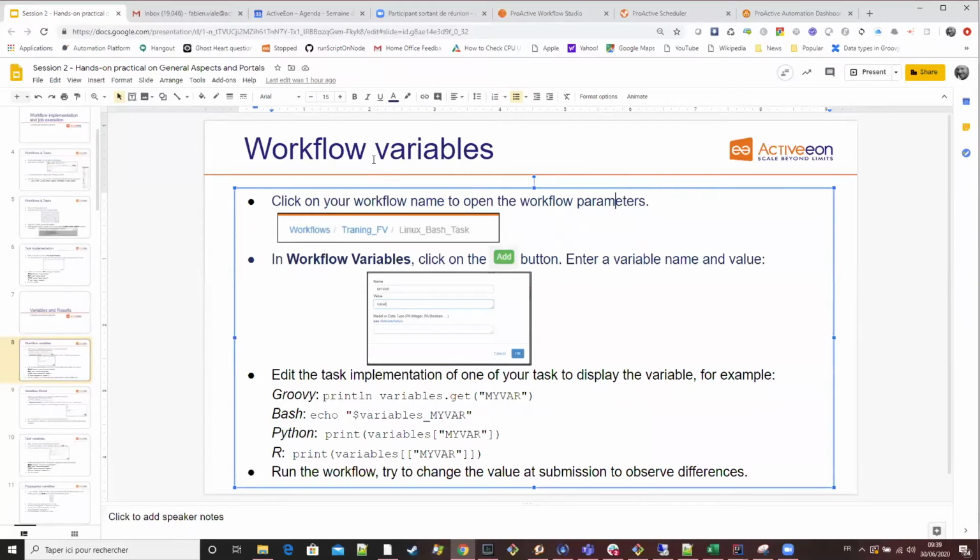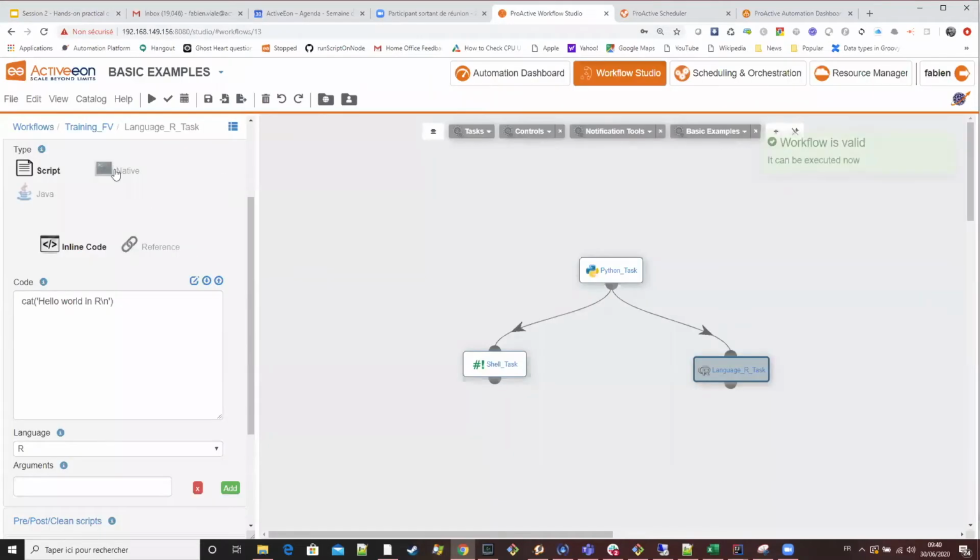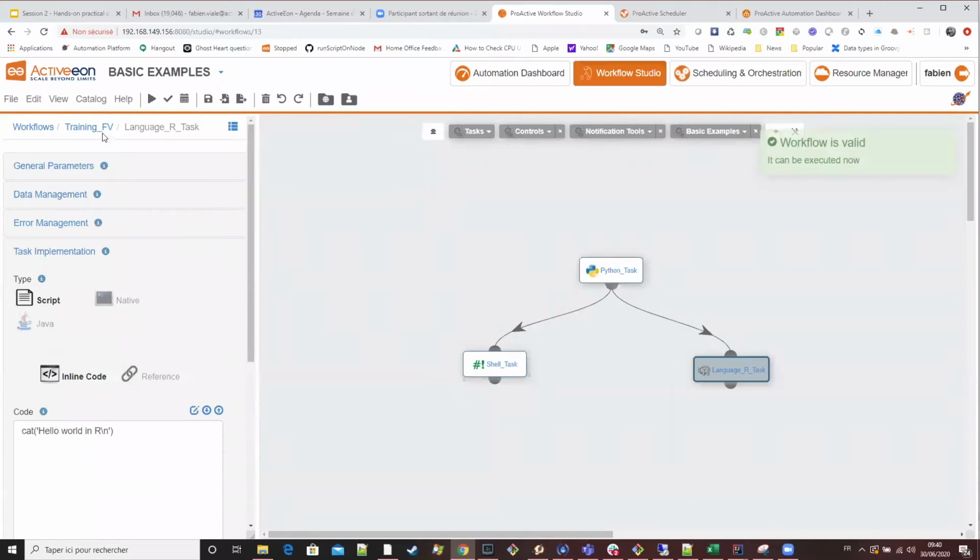In the first step, I will present workflow variables. So in your workflow, what we are going to do is to click here in what we call a field area,